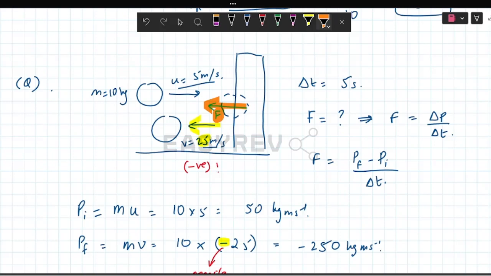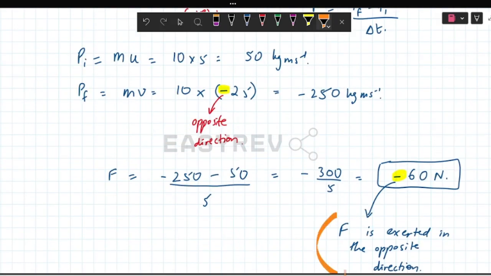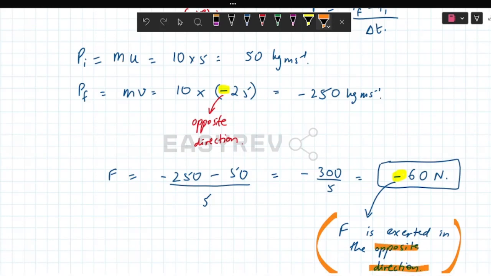So all that really tells us is, as it makes physical sense, that the resultant force is being exerted in the opposite direction. Alright? So that concludes our discussion of force in regards with momentum,